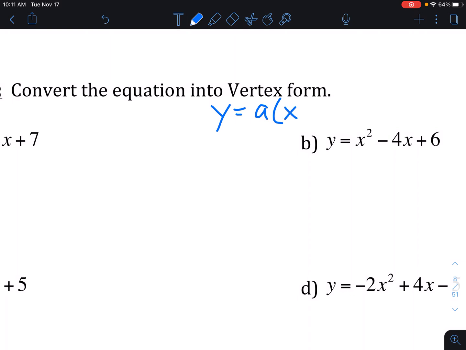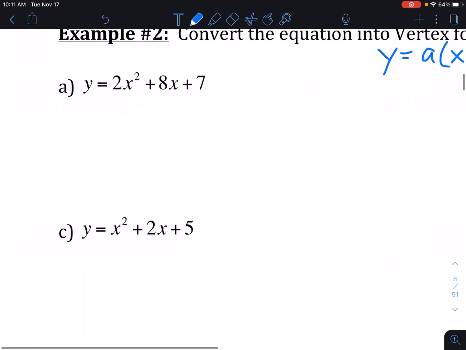You should have this memorized by now. Always memorize your formulas. Okay, so getting the vertex,